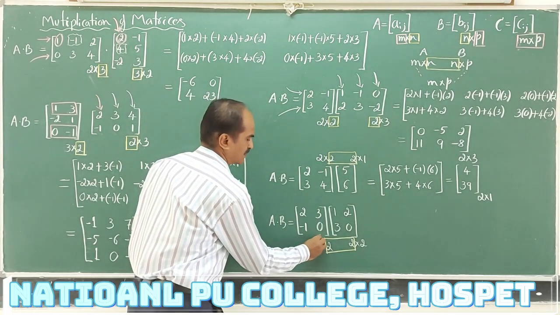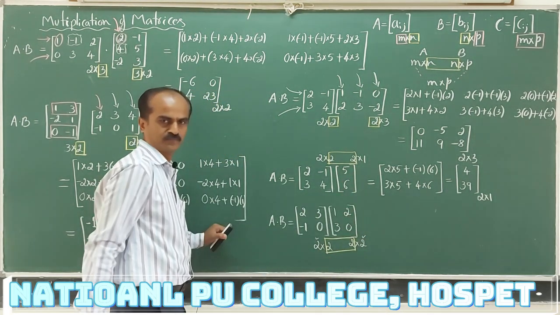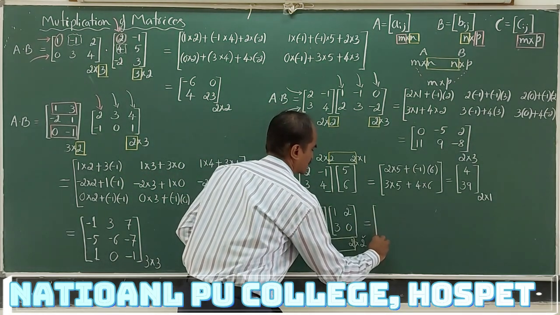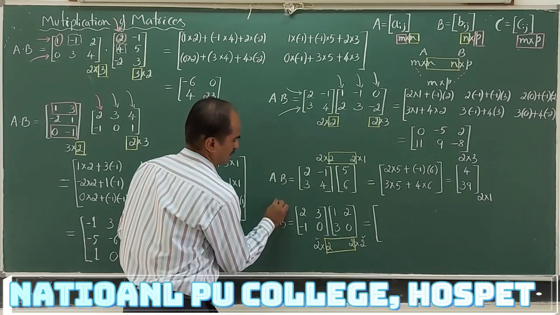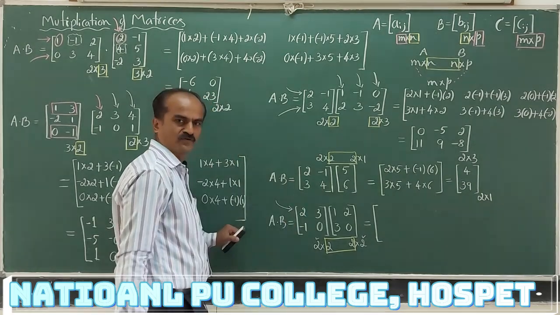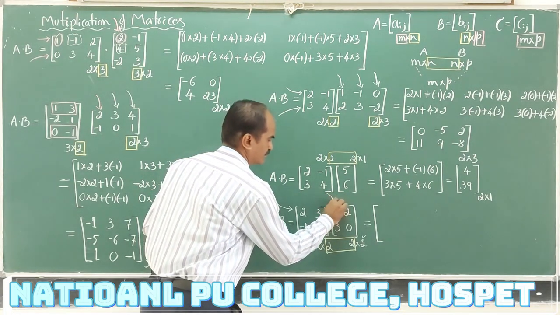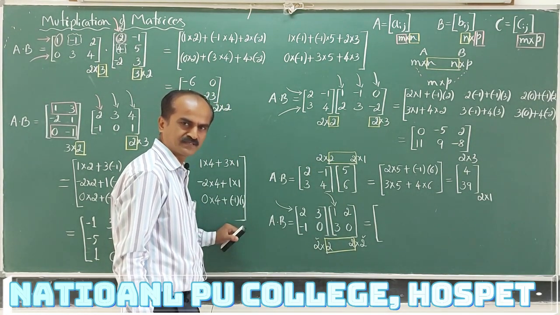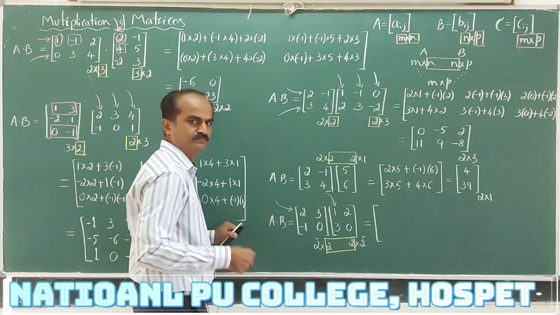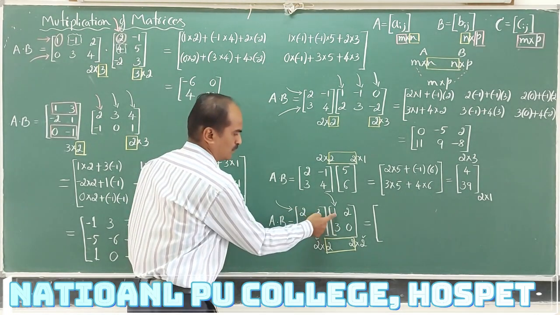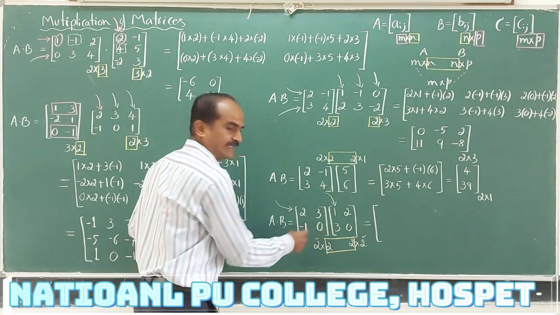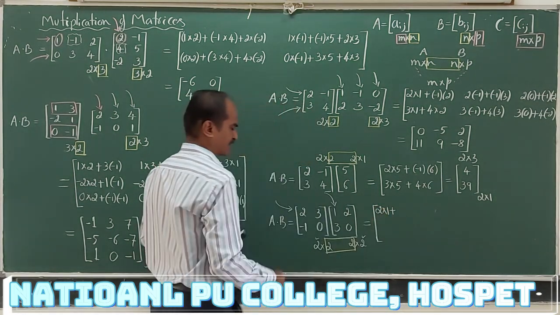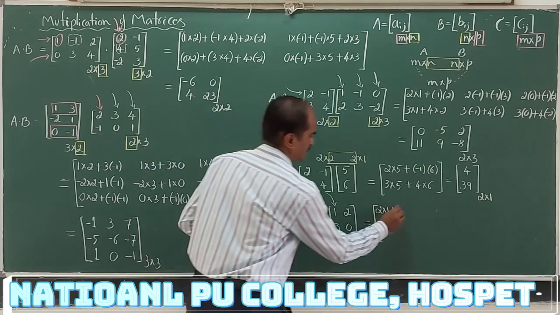Look at these two numbers. You are going to get matrix of order 2 by 2. Now let me do it. Let me find out that. Take first row of first matrix, first column of second matrix. Observe how many elements are there? 2, 2. Make pair of elements. 2, 1 is one pair, 3, 3 is another pair. So multiply those two pairs and add it. 2 into 1 plus 3 into 3.